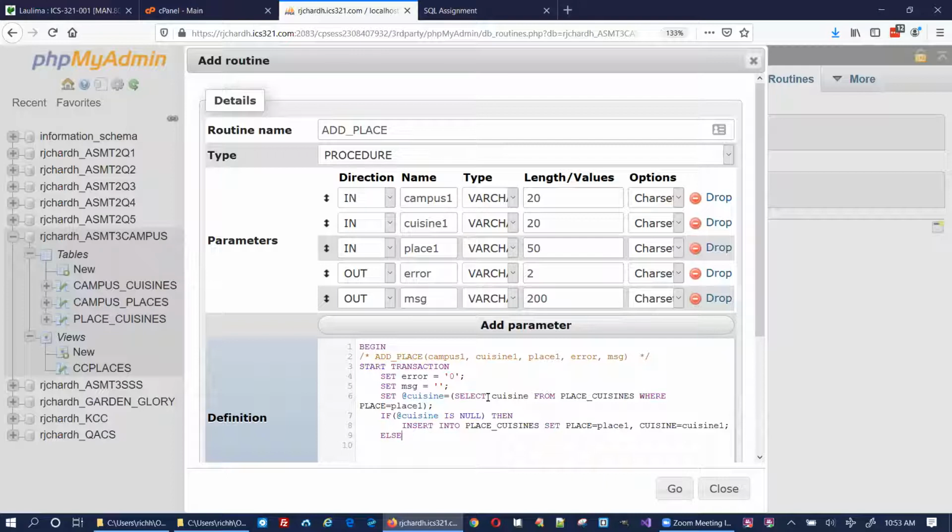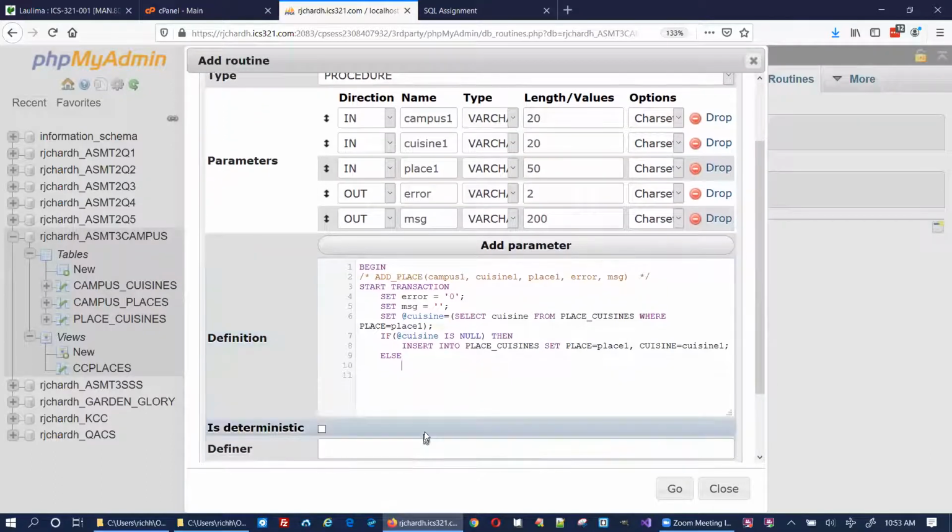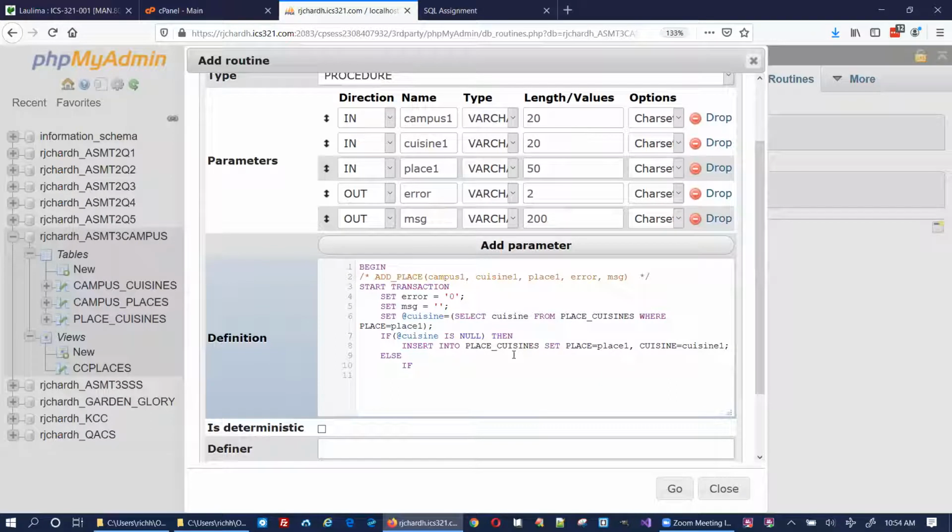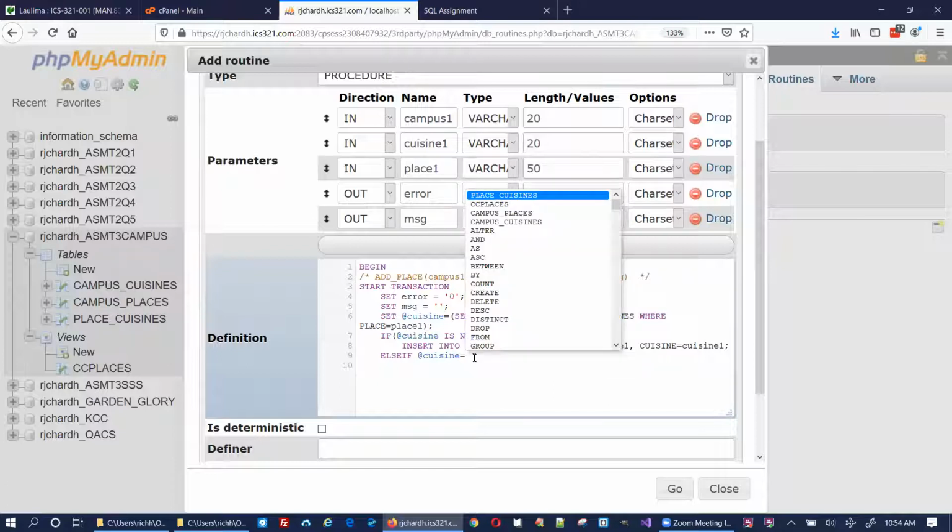Else, I got to make sure that, okay, it's in there. I got to make sure the cuisines match. So I'm going to do it this way. Can I just do else if? I guess I can. I'm going to see if it works. Else if the cuisine, the one I just read out, if that's equal to what came in,